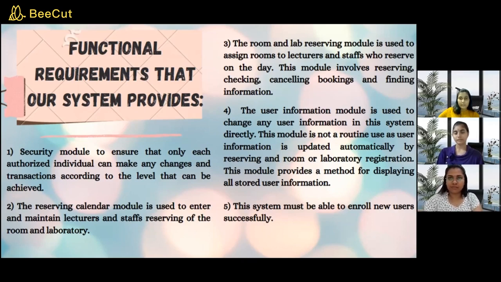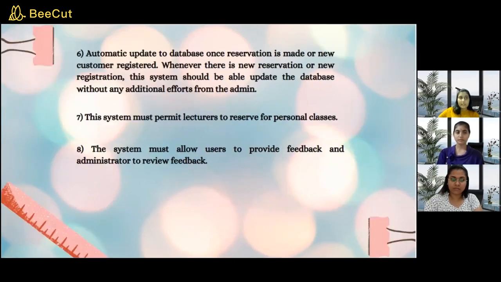The user information model is used to change any user information in this system directly. This model is not a routine use, as users' information is updated automatically by reserving and room or laboratory registration. This model provides a method of displaying all stored user information. The fifth one is that this system must be able to enroll new users successfully. Sixth, automatic update to the database once a reservation is made or a new customer registers. Whenever there is a new reservation or new registration, the system should update the database without any additional effort